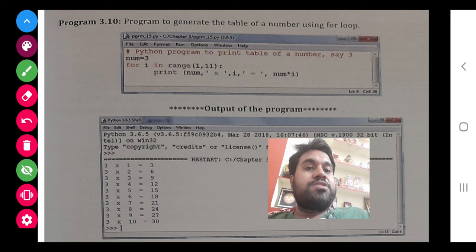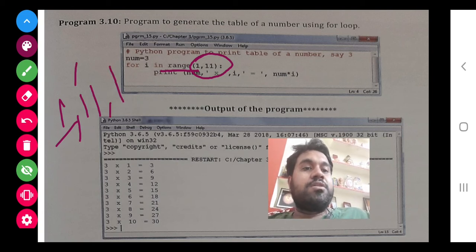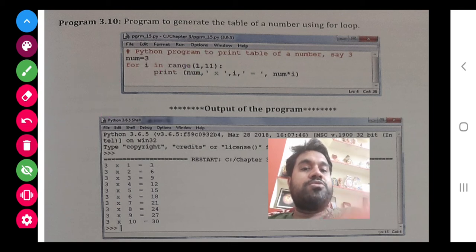So class, in this it will come from 1. Again I am repeating, there is some disturbance. First of all, range is again a keyword here. In this you have to give the initial value and till where you want to go. They have given 11, so it will go till 10. And next is the step, 1 we can give if you want step 1. If you want step 2, suppose after 1 I want 3, then I will write step 2. But here by default step is 1 only, because in the table we want step 1 only: 3 1 ja, 3 2 ja, 3 3 ja.